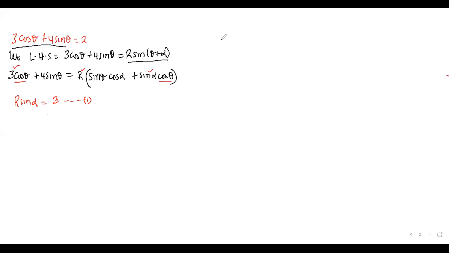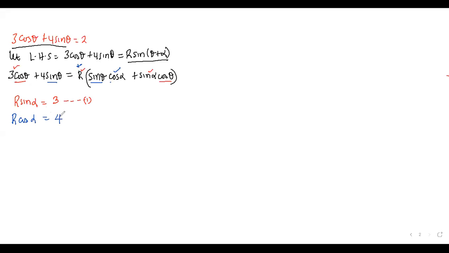Then I can also extract out cos alpha as a coefficient on sine alpha. Our sine alpha is here. On the right-hand side also we have sine alpha. I can extract out the coefficient on sine alpha as r cos alpha. So I'll get r cosine of alpha is equal to 4.